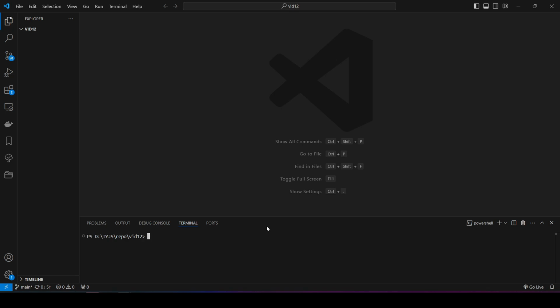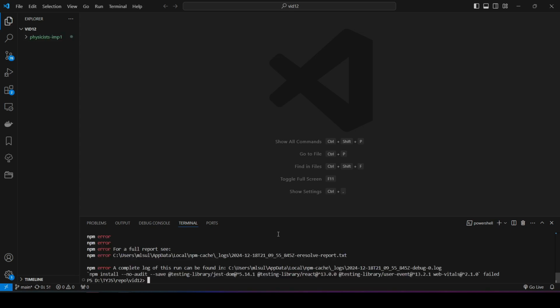And if you remember from our first video, we need to create a React app. We use the command npx create-react-app. Then we put the name of the app, so we'll call it physicists implementation 1. And then we will be using npm as a package manager and click enter. After a few seconds, the application will be created. You can see here that we have physicist imp1, and inside it we have different files and folders generated by